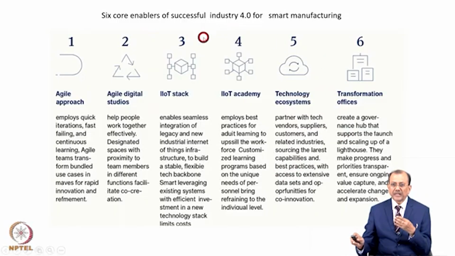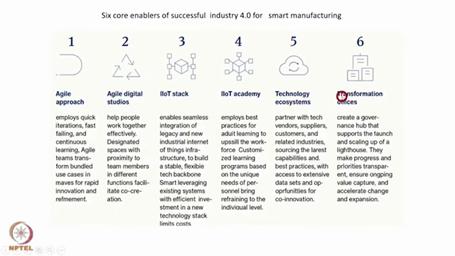Companies who are looking for transformation, developing from analog systems to the smart manufacturing system, should have a dedicated office, a dedicated senior person and a team which is all the time looking at which area, which domain in the factory we should automate, what we should transform, what kind of technology we should use, what kind of strategy we should use. So continuous research is required here, and that is being done under the roof of transformation